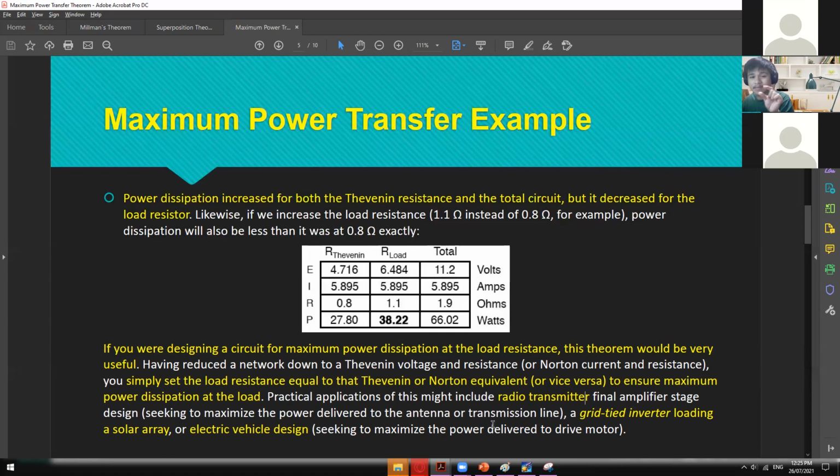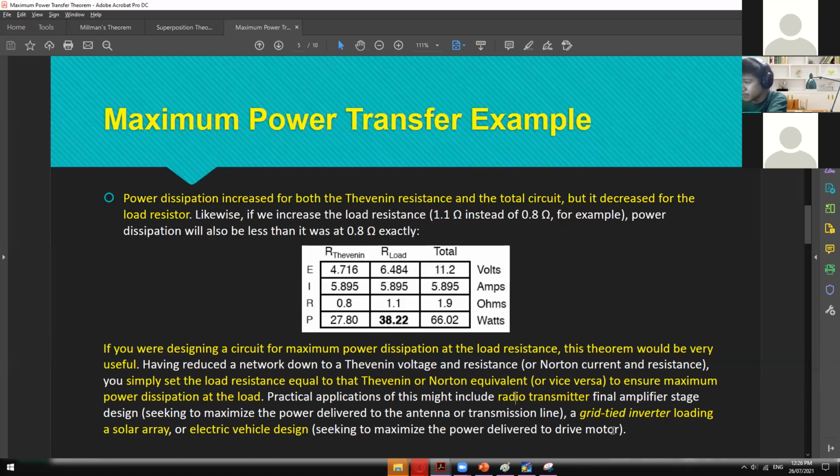Pag naging 107.7, naririnig mo naman na yung nagsasalita or yung music coming from that radio, pero may background noise. Ganun din pag sumobra ka. Pag ginawa mo 107.9, okay, which supposedly 107.8, so sobra ka ulit, ganun din, meron ding background noise na maririnig. So dapat saktong-sakto. Okay? And a grid-tied inverter loading a solar array or electric vehicle design, so seeking to maximize